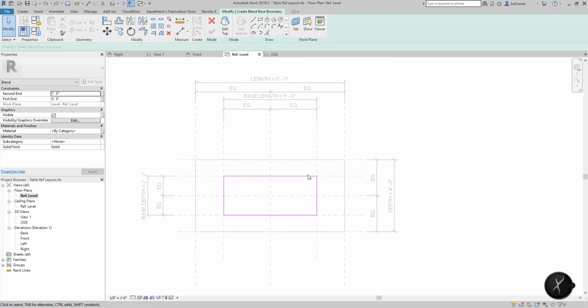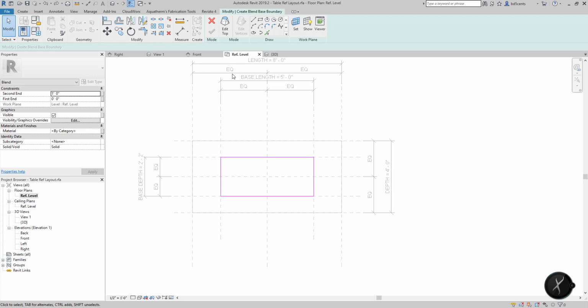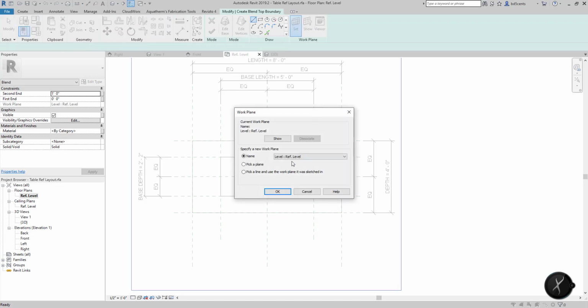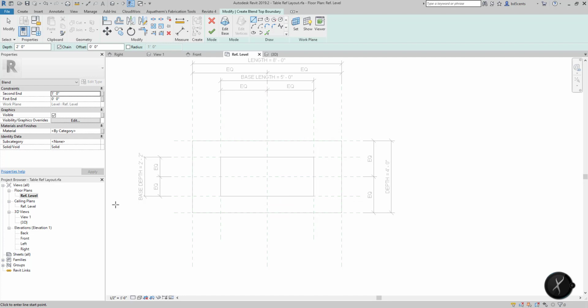And now we're back into basically the creation of this initial base. And that initial base needs to be set and locked in place. And now from that point, what we need to do is create a smaller box. So that's the base. Now we want to edit the top. But in order to edit the top, we want to set this reference plane to be the top of the base. So now we're drawing on the correct reference plane,